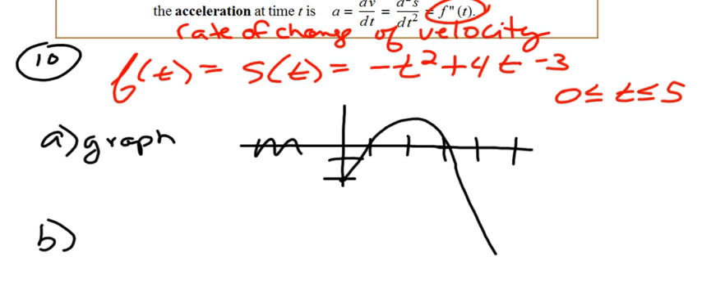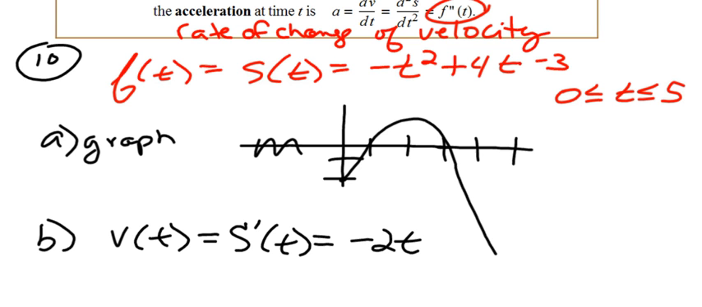B wants us to find velocity, meaning v of t. I'm going to go ahead and take the derivative of the position function, and I get negative 2t plus 4. And then the book says, okay, for this one, if we find this velocity, graph that also. So I'll use the same graph, but I'm going to put velocity in red. And I would have